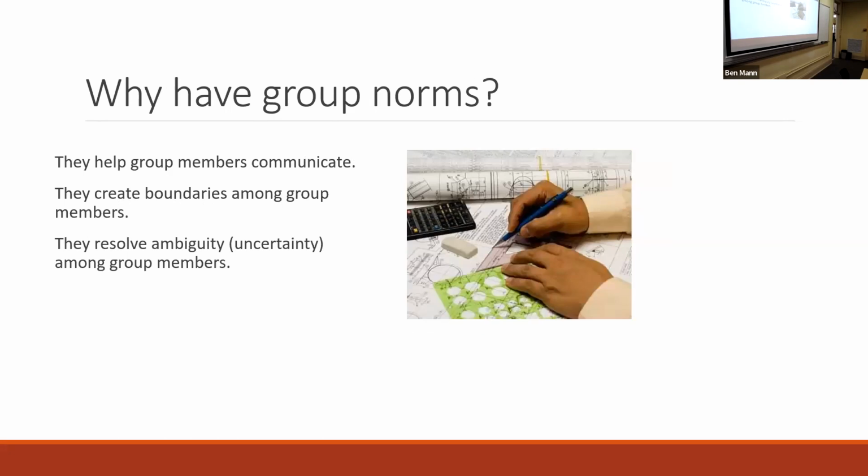Group norms are incredibly important to groups being able to work together. As we said at the beginning of the class, groups work when they are more than the sum of their parts, when they're able to act, to accomplish tasks, to put heads together, to do things in a way that people just would not be able to do on their own. Think about something like a TV show or a movie, even a news show. It's wild to me how they are able to come up with so much material in such a short time. That requires some intensive teamwork,